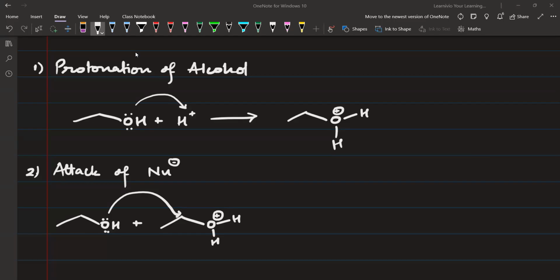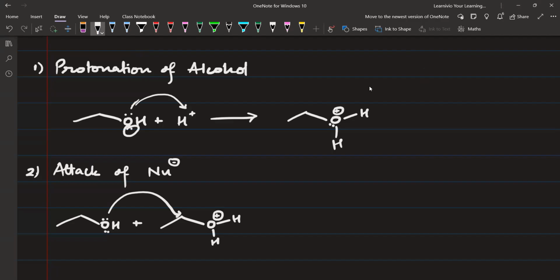As you can see, how did it get the positive charge? Because it made a bond with H positive by using these 2 electrons. So this lone pair is still there. When I have written 3 bonds, we have 6 electrons, and there will be one more lone pair which is not used. So we already have 8 electrons in the oxygen atom, and the oxygen atom cannot hold more than 8 electrons because it is a second period element which has only 2 shells. In the first shell, you will have only s. In the second shell, you will have s and p. So s and p can hold only 8 electrons, right? 6 in p and 2 in s. So that is the complete explanation why the oxygen atom does not get the electrons, rather the attack happens on the alpha